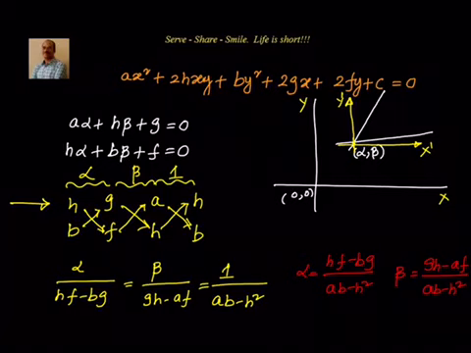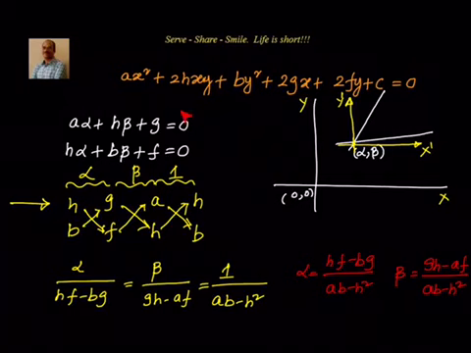So what is the logic we have applied? The logic is, we know that the point of intersection is at a particular point alpha beta. Now why can't I shift the origin from 0, 0 to alpha beta, so that in terms of the new coordinates x dash and y dash, the respective pair of straight lines equation should be a x dash whole square plus 2h x dash y dash plus b y dash whole square. There should not be any x dash terms and y dash terms. So we expanded them. We transformed x as x dash plus alpha and y as y dash plus beta. We substituted in the given equation. After that we found out where are the x terms and y terms. Those coefficients should be equal to 0.